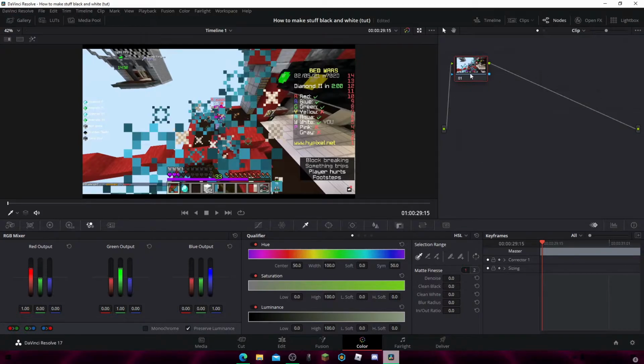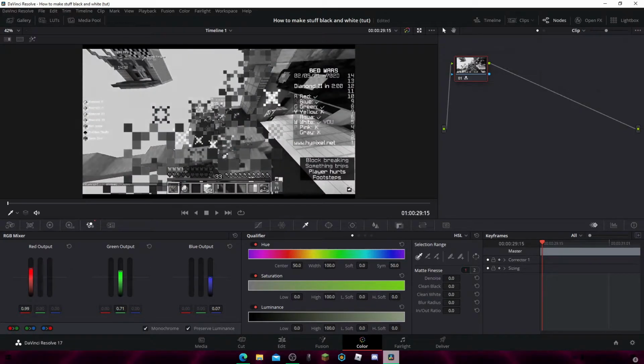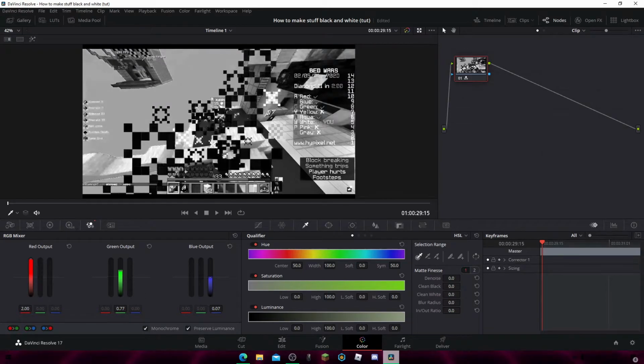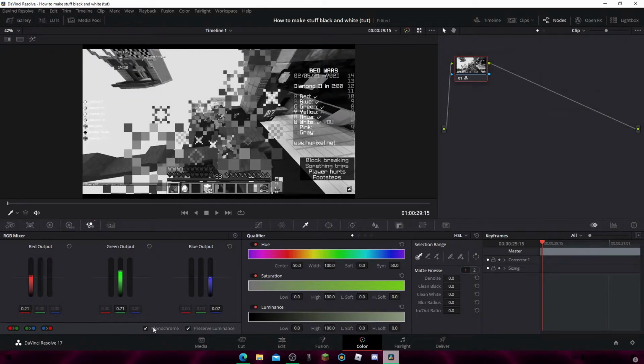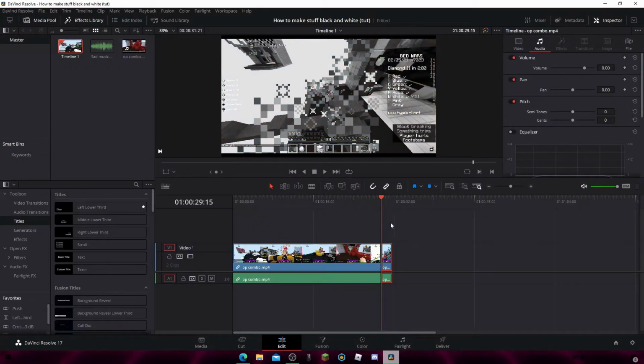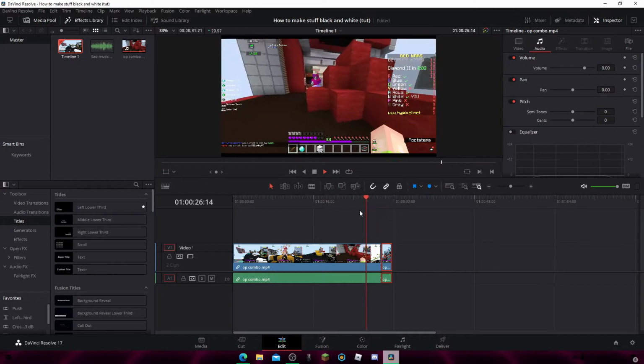So you want to make sure you've got your thing selected up here, and all you do is go down here and click monochrome, and then it goes black and white. If you want to make it a bit different, you can change the red output, the green output, the blue output, and you could make it different, but I just keep it on just normal monochrome. And then you get just,